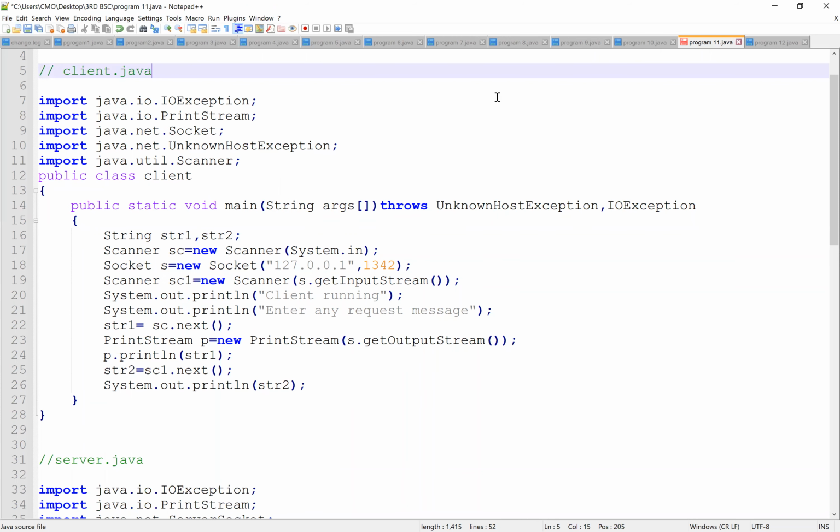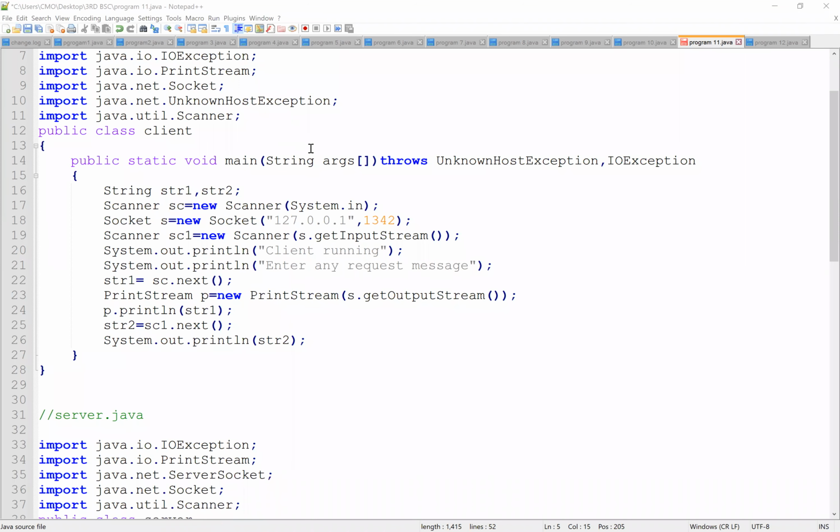Then we need to import our import files: IOException, PrintStream, Socket, UnknownHostException, Scanner. These are the import files that we need on the client side. On the server side we have a slight difference.